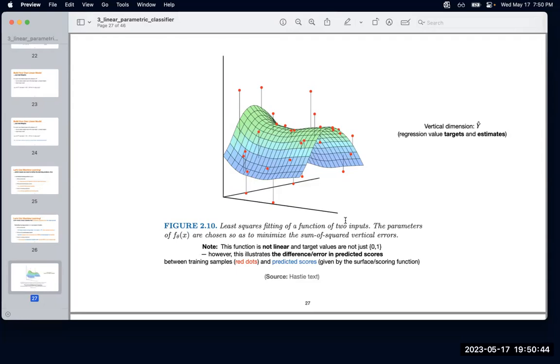Because these are values that live in the training data, I can actually visually see those, right? So I can just put, and you see those red dots, red points in the plot here. This represents my samples that I have in my training data. So the value that you see as the score that is expected in the training data would obviously not always match what your scoring function would be giving. So there's a difference between the red point and the actual prediction that your scoring model is doing. So that difference would be essentially squared